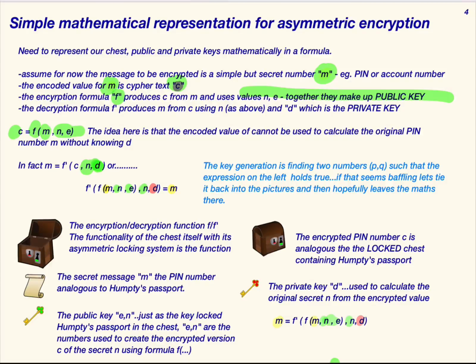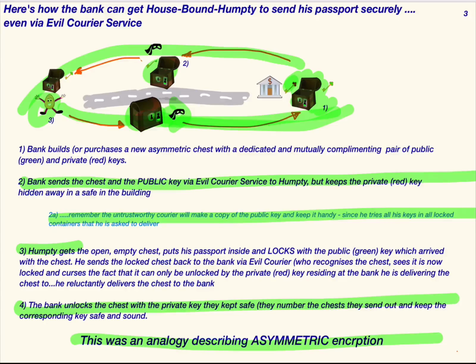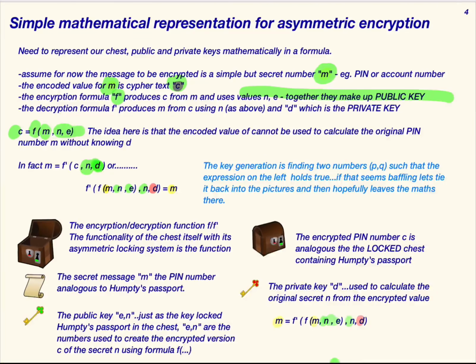So when we talked in the previous slide about the bank buying one of these asymmetric boxes, which has a public key and a private key that comes with the box, the people who manufacture those boxes have to make sure that they create a locking system where the public key and the private key both correspond together to lock and unlock the same box. And mathematically, this is exactly the same when the mathematical software, which generates these virtual encryption boxes, has to generate two corresponding public and private keys that have this special relationship between each other,